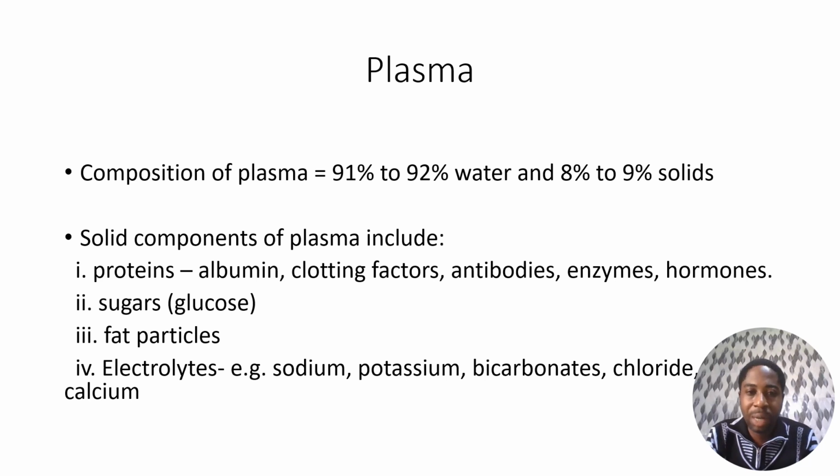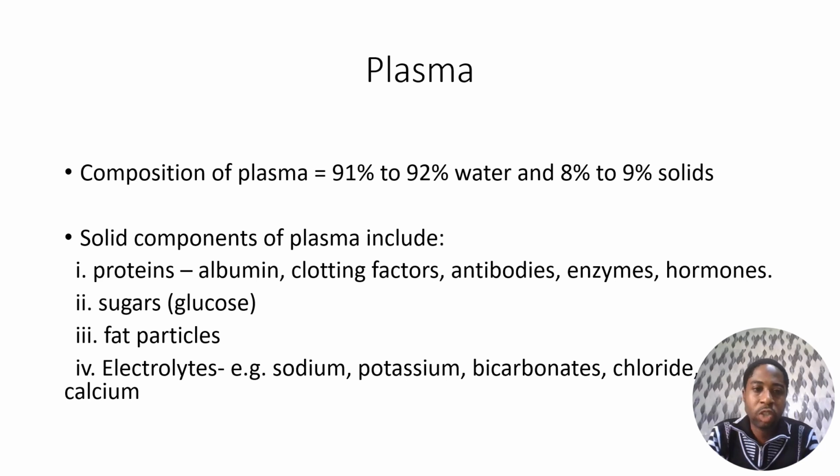So, composition of plasma. As I mentioned, blood has 4 major components: red cells, white cells, platelets, and plasma. Now I'm focusing on plasma. The plasma is composed of 91% to 92% water and 8% to 9% solid substances which are dissolved in the